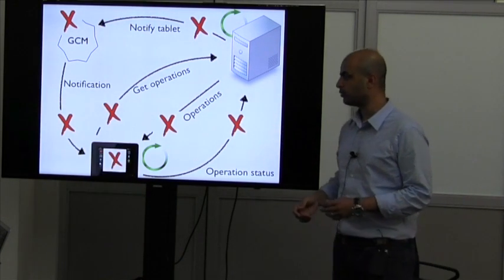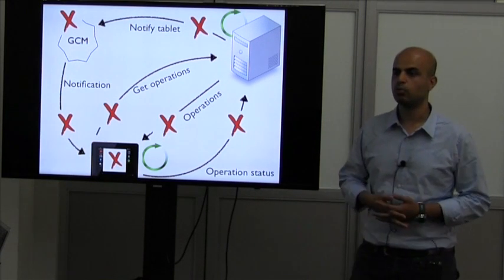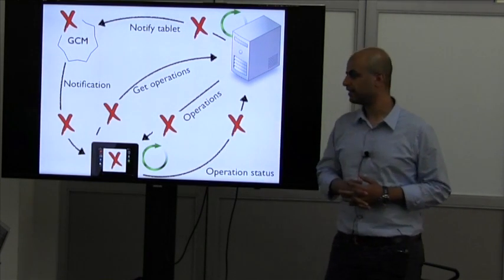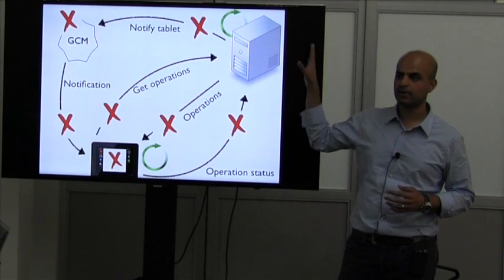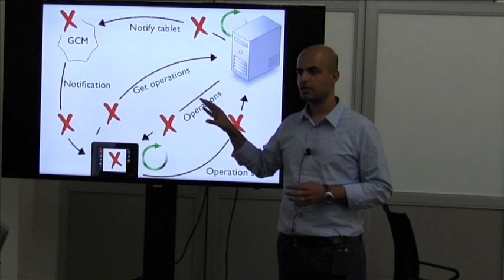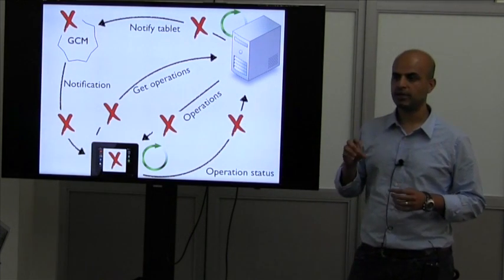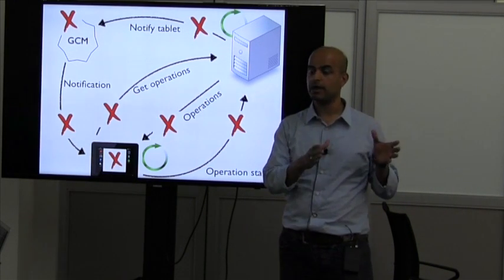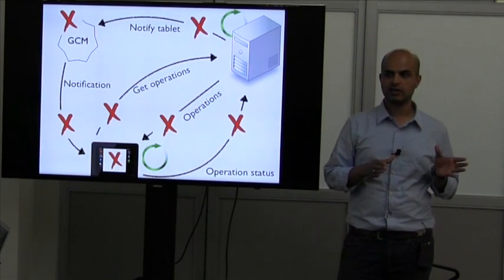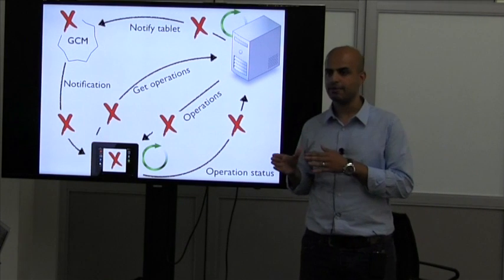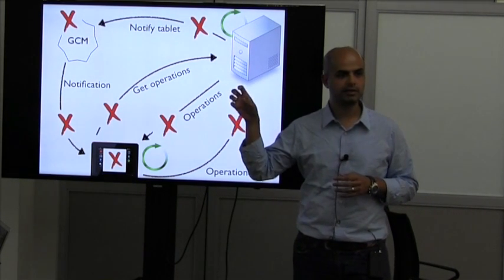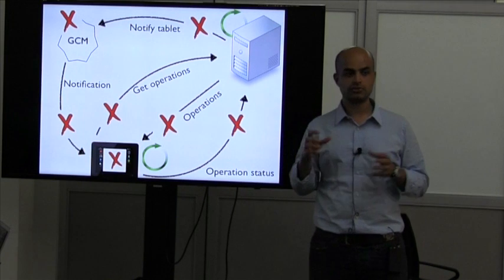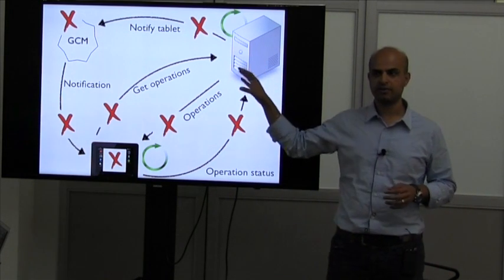And the worst case, what if the tablet was never there? What if the battery was down, or something like that? We have to think about all these different corner cases just to make sure that we can provide the admin user with a reliable and accurate compliance mechanism. Because it's very easy to lose the trust of the admin when you show something as compliant, but something is actually not compliant. So to provide a good user experience to the admin user, you have to have a very robust